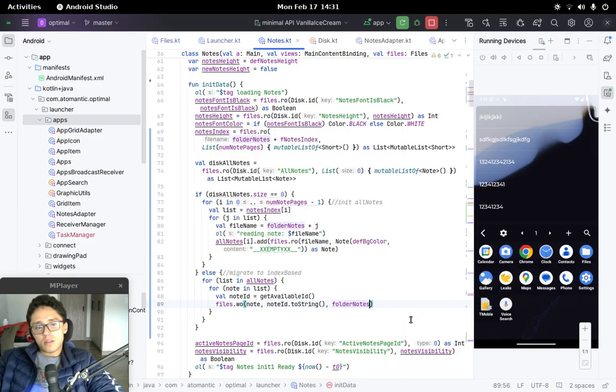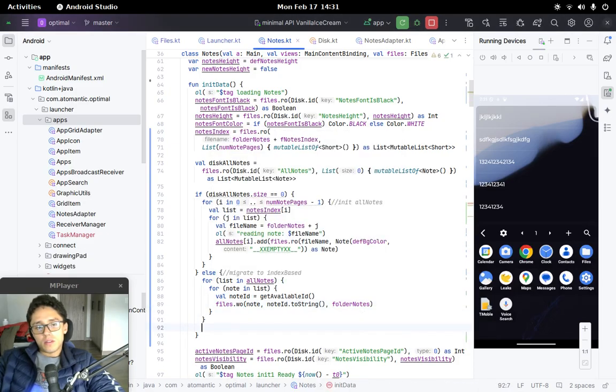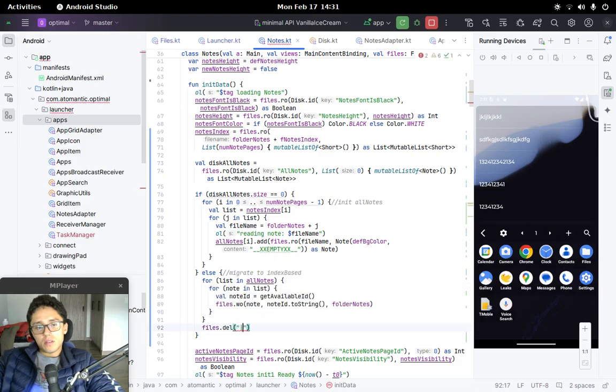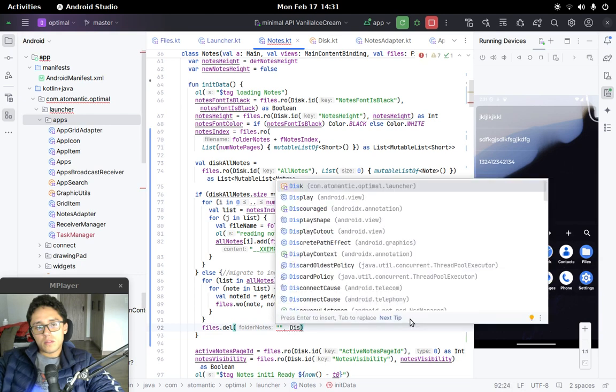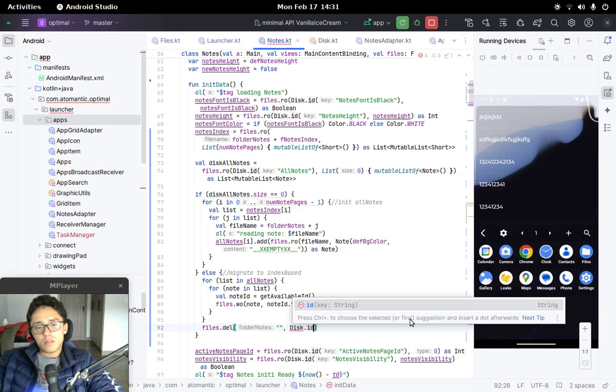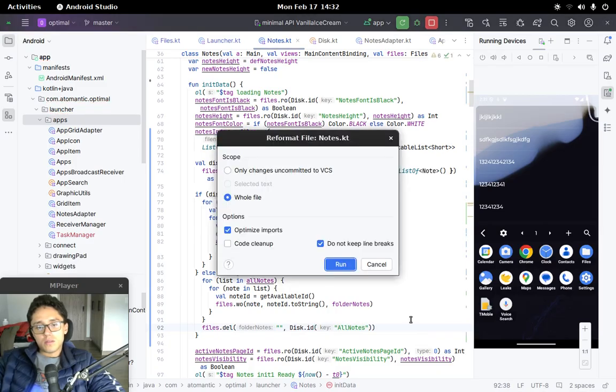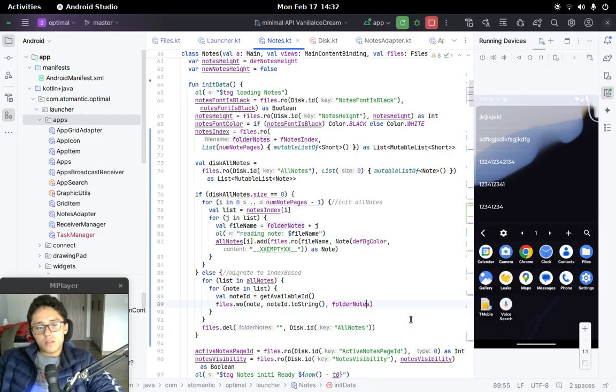So we write a new folder, then we should do files that delete all nodes. So we delete the nodes,